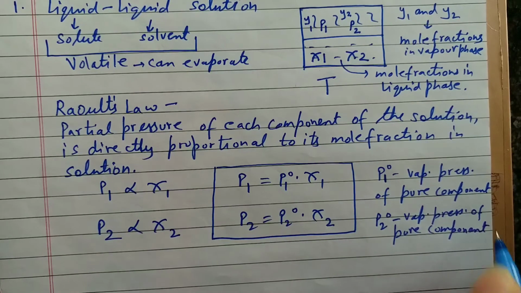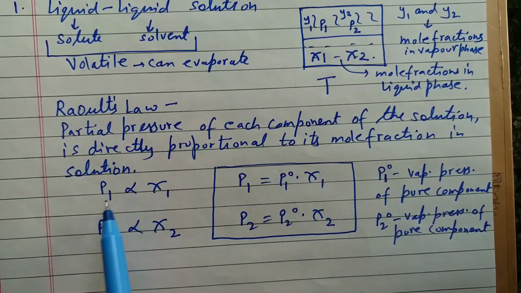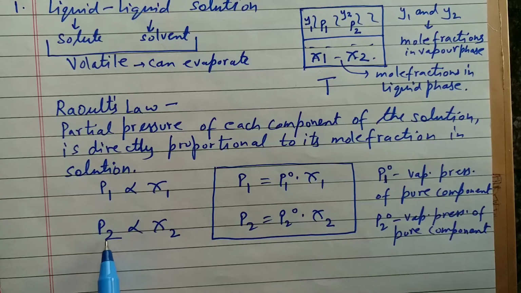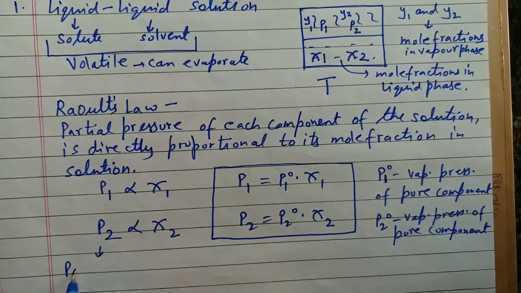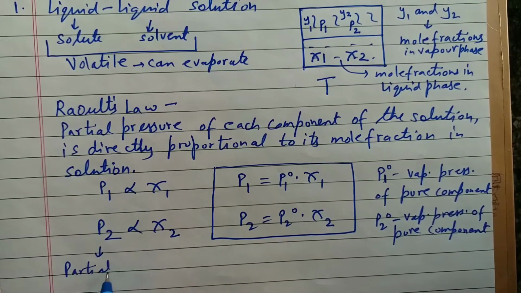So there is a difference between P1 naught and P1, P2 naught and P2. P1 naught, P2 naught are the vapor pressures of the pure components, which means when they are present alone in the system. But P1 and P2, let me just mention here below, what are they? These are the partial pressures